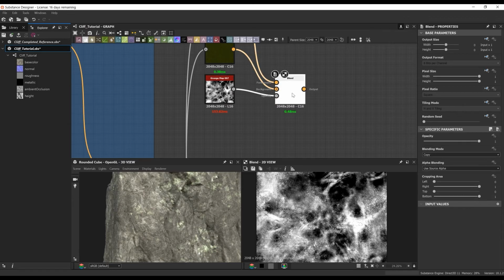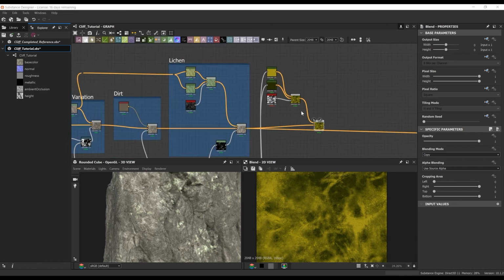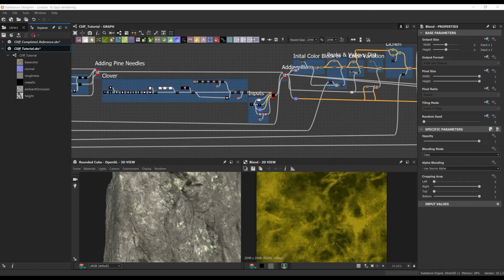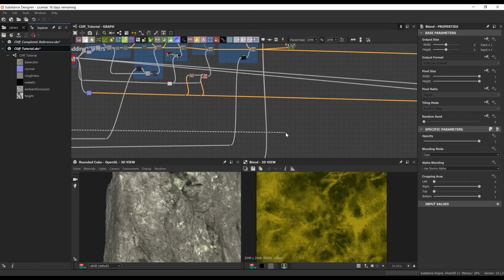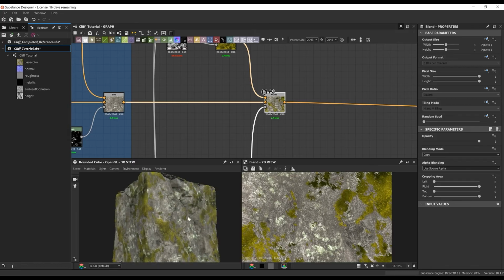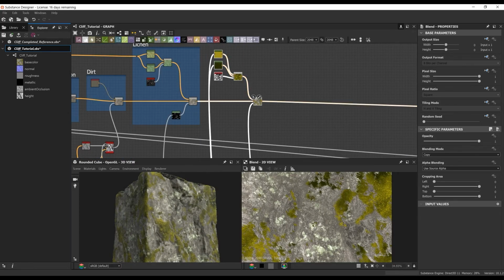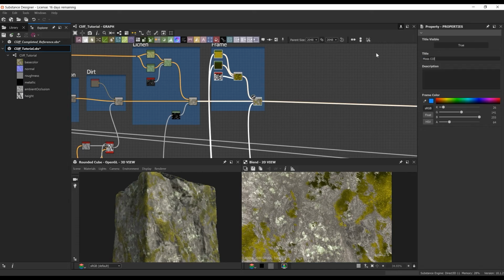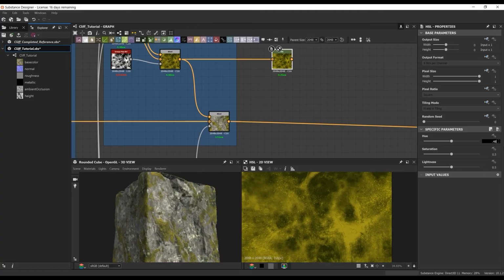I wanted the moss to have some sort of variation in the hues, so it just wasn't overall the same green color. I wanted to have some sort of differentiation in the greens. So that's why I have a lighter and a darker green, and then just used a grunge to blend between the two. And once I plug this guy in, you can kind of see now we're starting to get the moss showing up on the cliff. So, you know, starting to give us some nice color on our brown cliff that we got going on.